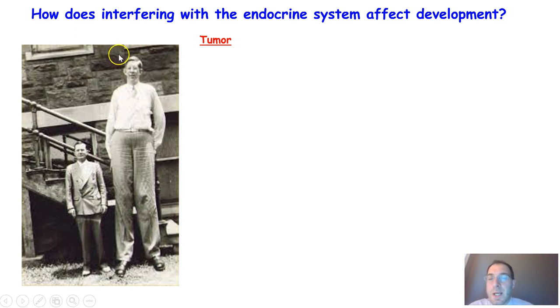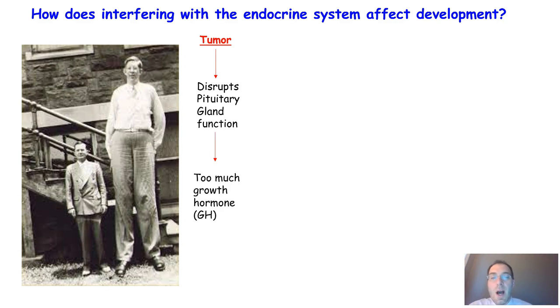He is a pituitary giant because there's actually a tumor that pushes on his pituitary gland. What we're seeing in a second is that the endocrine system is composed of many different glands that secrete hormones. This particular tumor disrupts pituitary gland function, causing there to be too much growth hormone, abbreviated sometimes as GH, which the pituitary gland secretes. This growth hormone goes throughout the rest of the body, causes cell division and the differentiation of different cells to grow the body, and you get your pituitary giant.